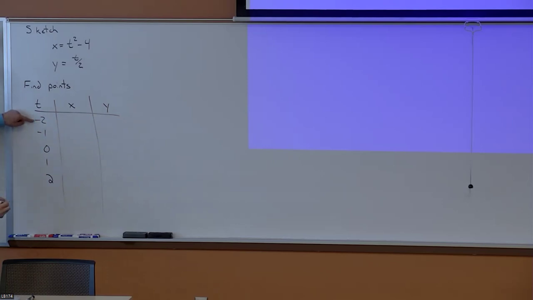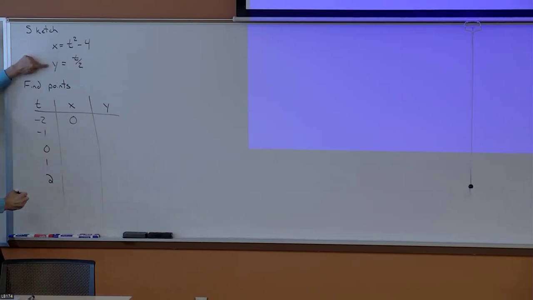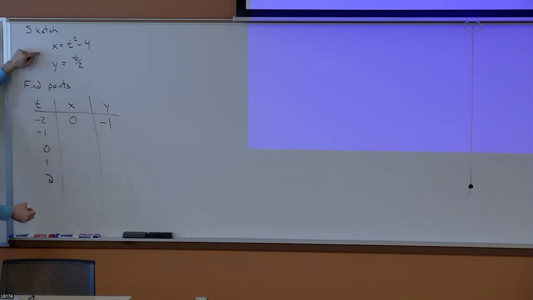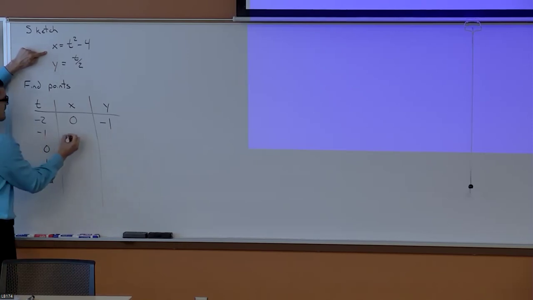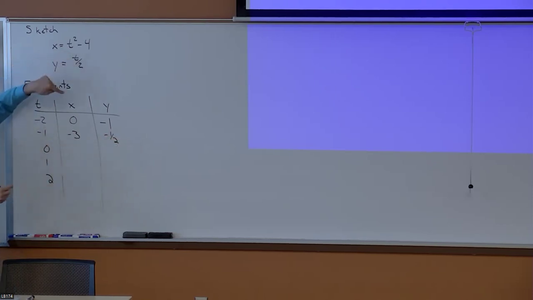If I plug in -2 to the x, I end up with a 0: -2 squared minus 4. If I plug in -2 to the y, I get -1. If I plug in -1 into x, I get a -3. If I plug in -1 into my y equation, I get -1/2. I'm plugging in for t though, right? Maybe I misspoke, but